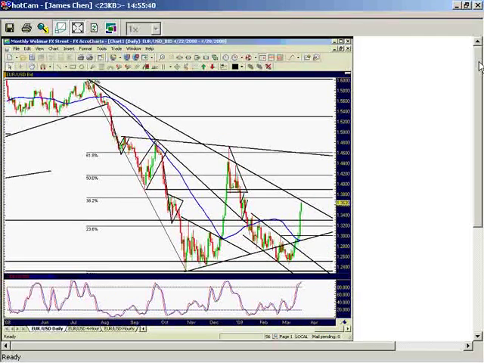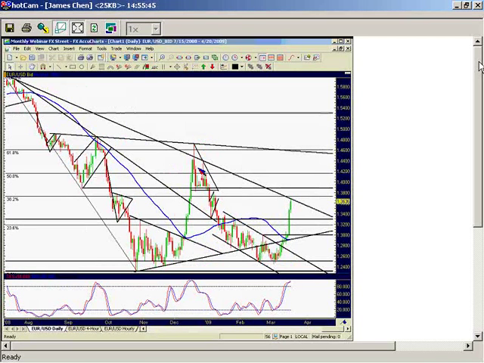Yep, at the magic number 61.8%. Again, I don't believe in magic numbers, but a lot of people do, so I'll follow the people that do. Okay, so at that point you had this move here, but generally speaking, we're still in a